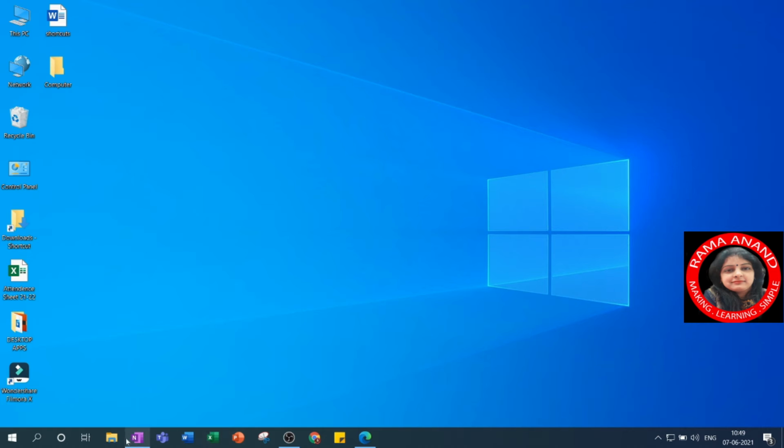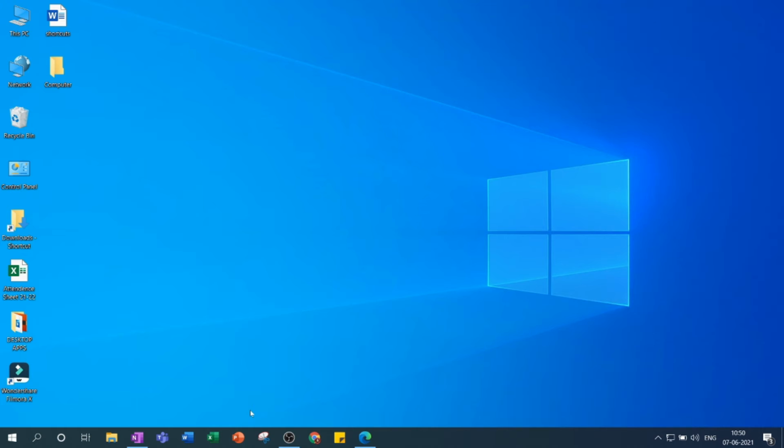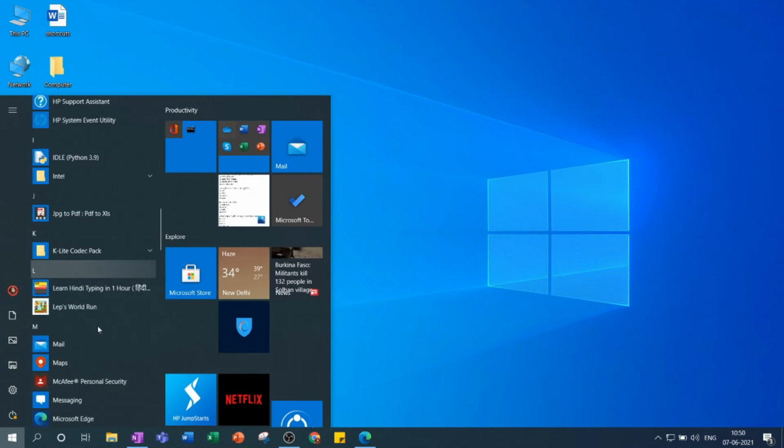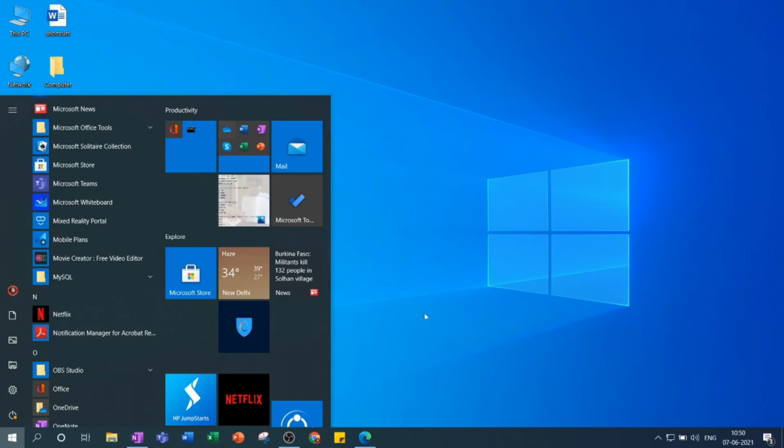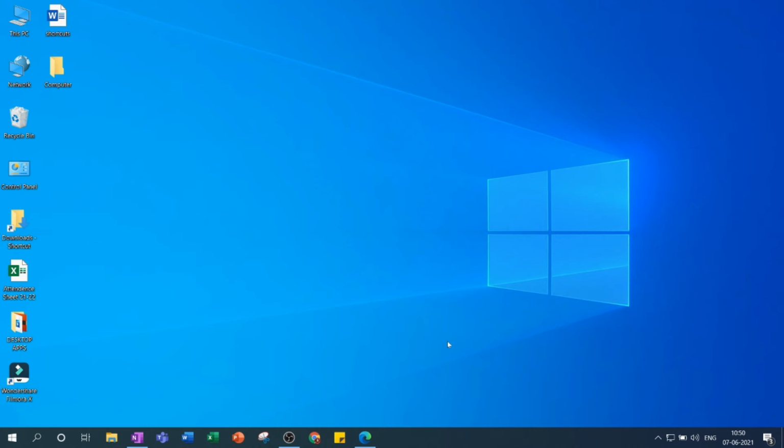This area where I have put it, these applications are known as the quick launch area. Quick launch means jaldi, quick. Okay, the applications that I want daily, that I want every time to work. So I put all the applications here in the quick launch area so that I can open them very fast or very easily whenever I want. No need to go to the start button and search for the application and then click or open it. It will just save your time. And it will also help to manage your system.